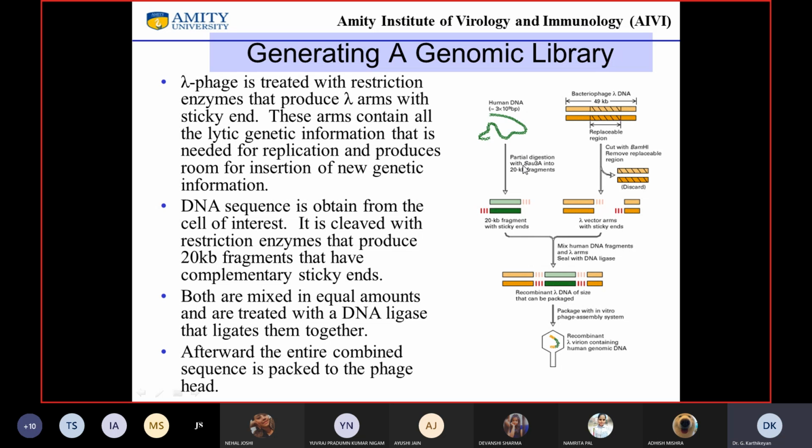Now you have to understand one thing: here you are cutting with Sau3A and you are cutting with BamH1. How come these two ends are compatible? There are certain enzymes that work in this way, and these are called isoschizomers. Typically, with normal restriction enzymes, if you cut with BamH1, those vectors can only accept BamH1 restricted inserts, genomic DNA that has been cut with BamH1. But there are certain special cases where this enzyme Sau3A produces a similar overhang like BamH1. So these are ligatable.